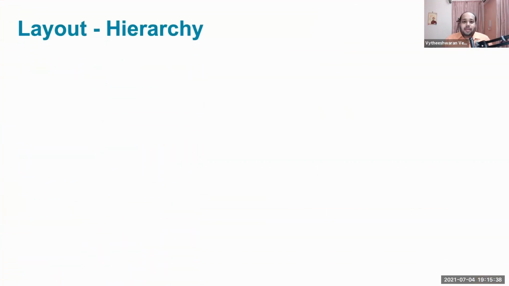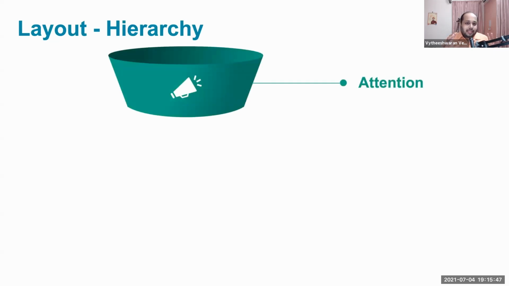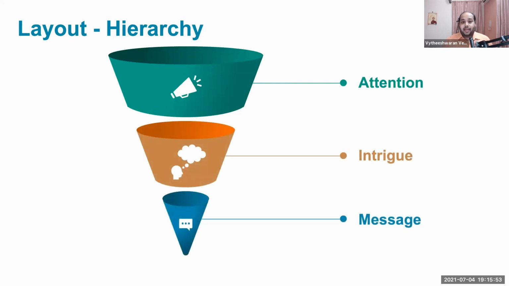Like I said, we will start with layouts. The first thing you need to remember when it comes to laying out the components on a slide is you need to understand the hierarchy. It usually starts with the process of grabbing the attention, then creating a sense of intrigue, and finally delivering your message. So that is exactly what we are going to see: how to grab your attention, how to create that sense of intrigue, and how to deliver your message through that. For this, you need to understand how our human eyes and our human brain work when we are presented with some information on the screen. And layouts are going to be very, very critical to help you achieve this.